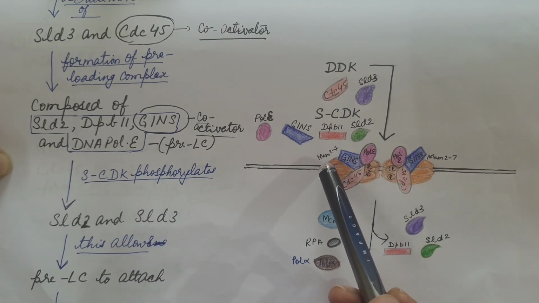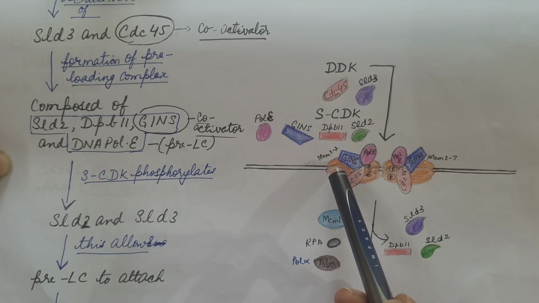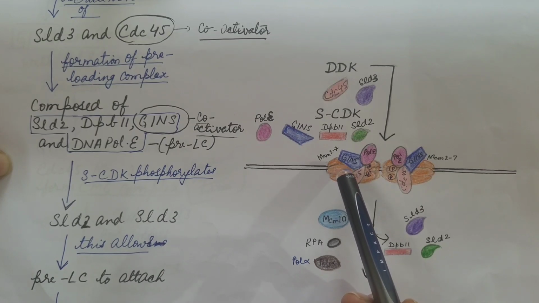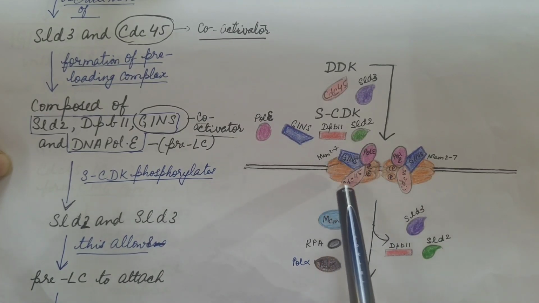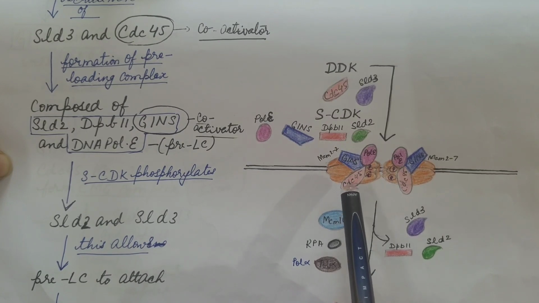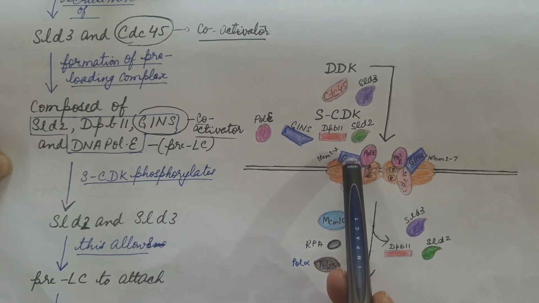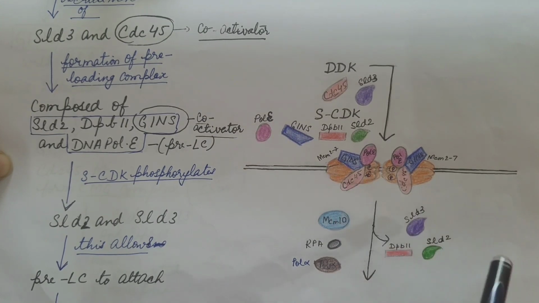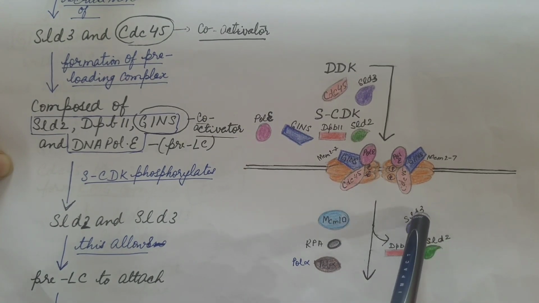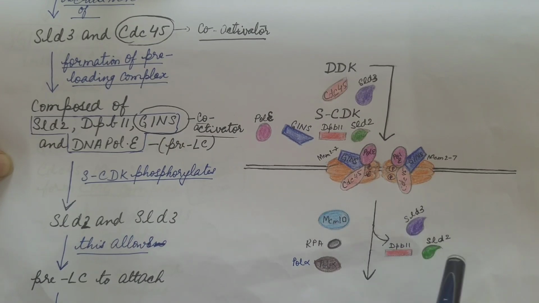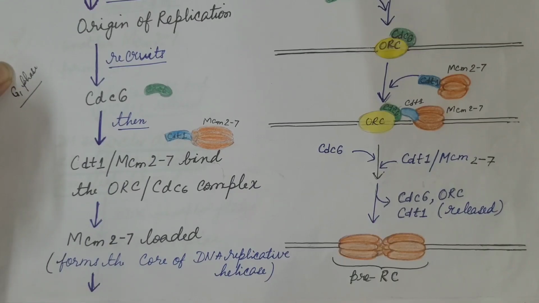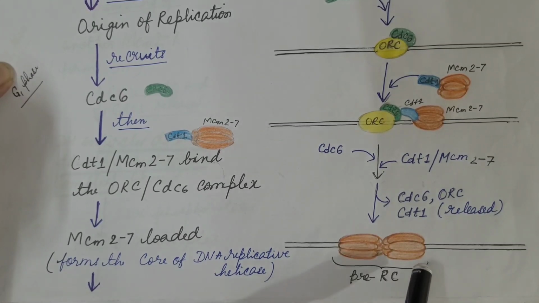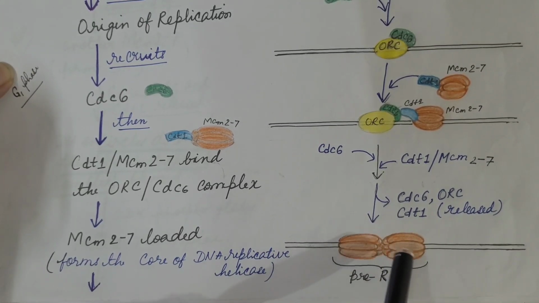comes in contact with CDC45 and MCM2-7 hexamer and forms CMG complex, which means CDC45, MCM2-7 and GINS. This is the functional replicative helicase. Also DPB11, SLD2 and SLD3 dissociate or are released. So as the two CMG complex is formed, the double hexamer, which encircles double-stranded DNA, is now converted into 2